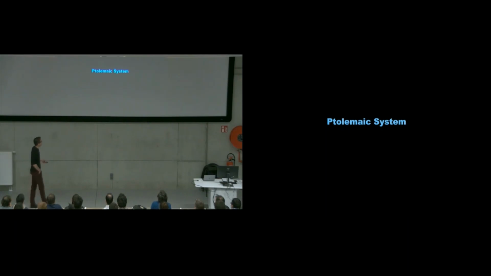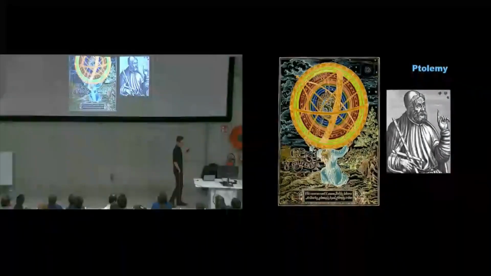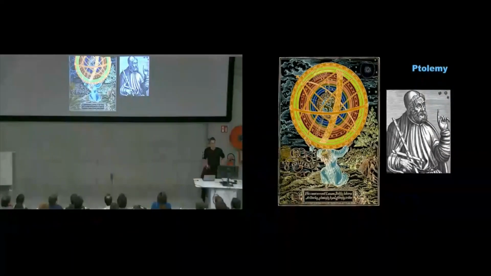So we're going to start with the Ptolemaic system. Ptolemy was a Roman astronomer who created this extremely accurate model of planetary motion and the motion of the stars. If you think about it, our planets are named after gods, because they're the only objects in the sky that had free agency. Everything else has a very prescribed path across the night sky, but the planets are strange. They have agency. They do whatever the hell they feel like. Sometimes they turn around.